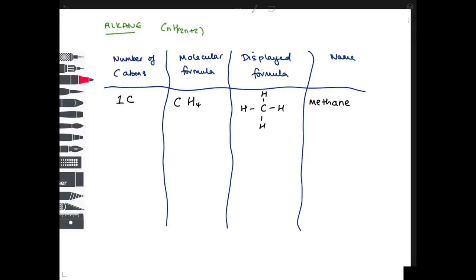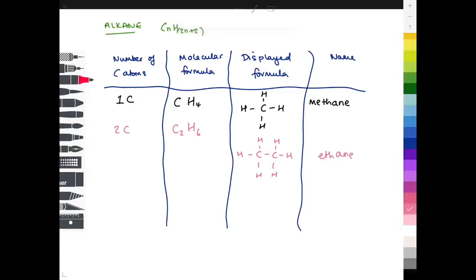So looking at the second one this time, 2 carbons, so we're going to have C2, and then according to the general formula, 2 times 2 is 4, plus 2 is 6, so its molecular formula is C2H6. Drawing it out, therefore, carbons in the middle, then you've got your hydrogens filling up around the edge, each having 1 bond, and each carbon atom has 4. Because it's still an alkane, it ends in ane, but it contains 2 carbons, which is why it's ethane. The third one now,